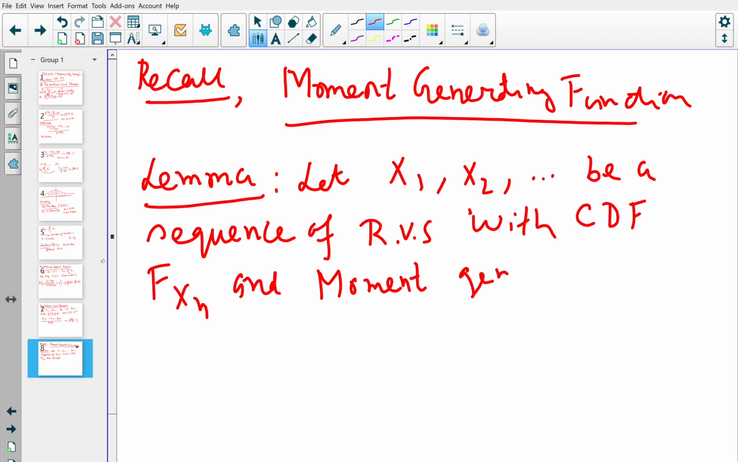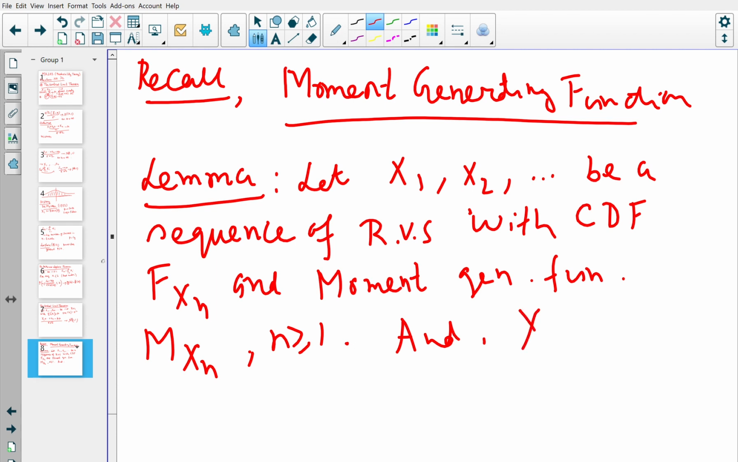So let me write down this symbol M_{X_n}. These are the corresponding moment generating functions of X1, X2, ..., Xn for all n greater than or equal to 1. This is given, and you have another random variable, say X,